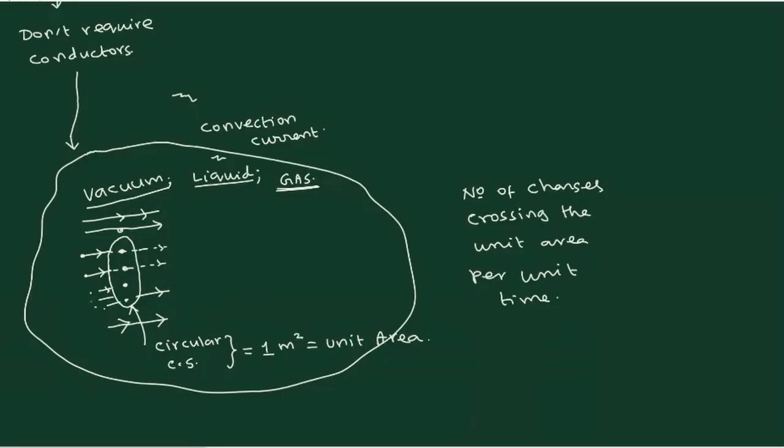Let us say it may be 1 millisecond also, but for the time being, if you consider 1 second as the time, during that 1 second, several electrons will cross. All those electrons you have to count. That is the meaning. So per unit area and per unit time, if you count that many charges, then we say that this will give you the current density. So let me write down a new word now. This is known as the current density.